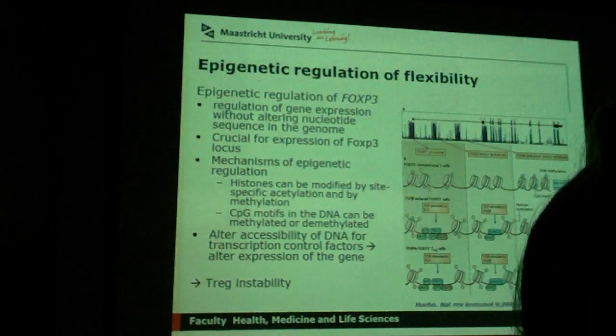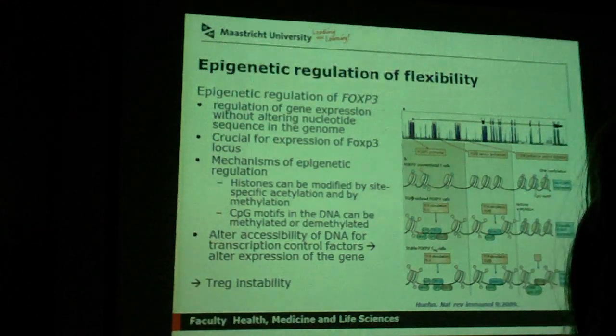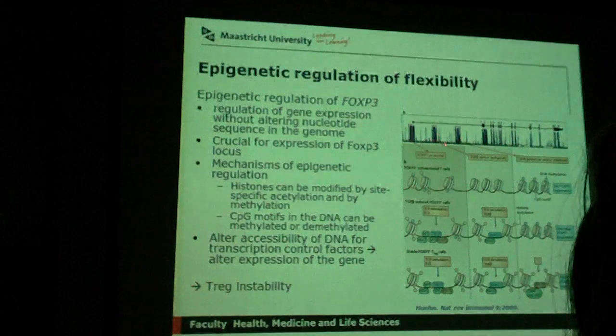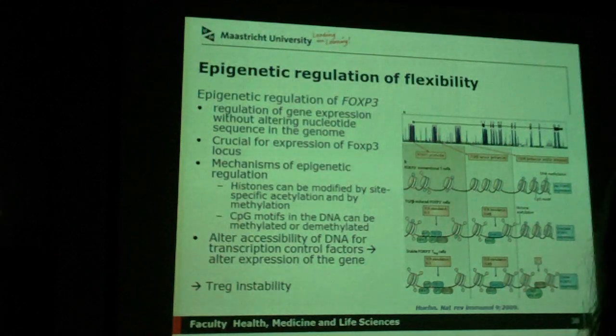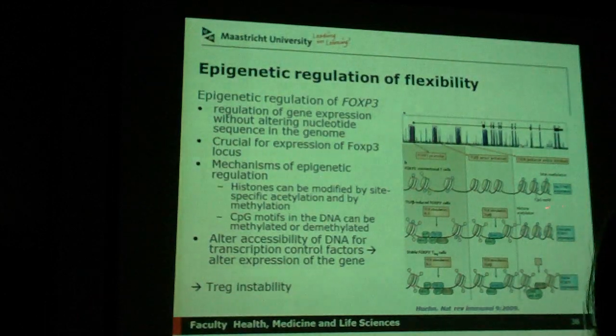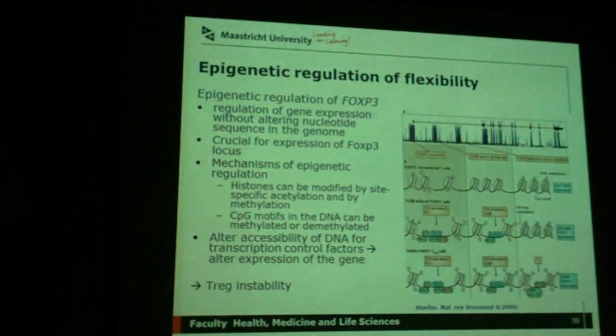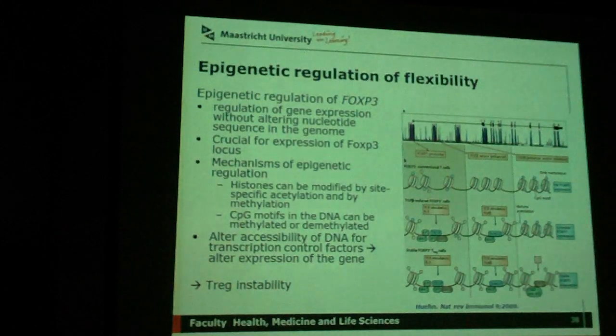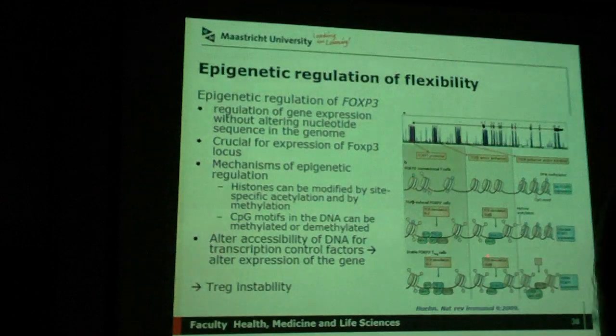And what is clear is that at these three sites in the promoter region, methylation and histone modification is completely different between these three subsets. And this results in absence of FOXP3 expression, so it's not accessible to transcription factors in the first case in the conventional T cells. It is accessible, but to a lower degree as in the